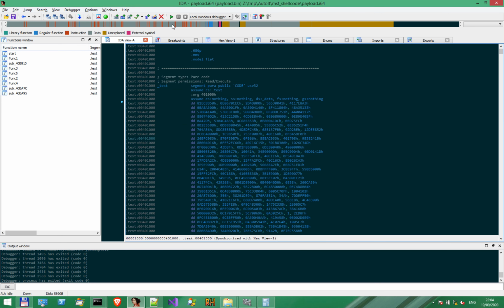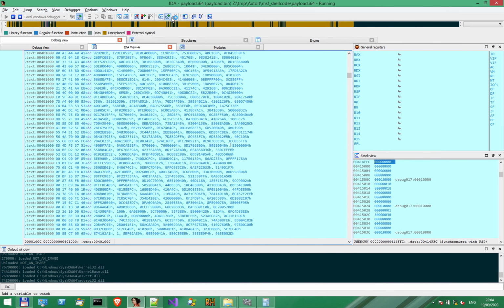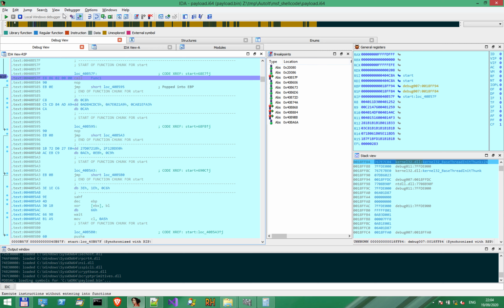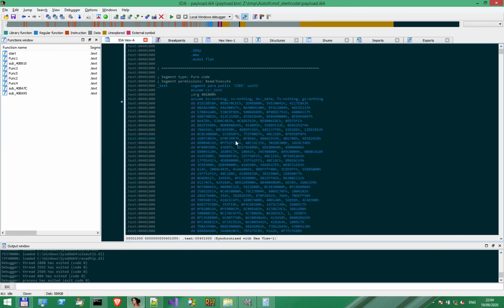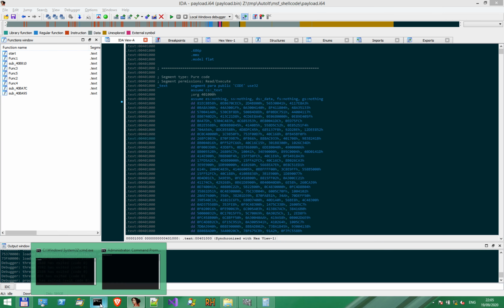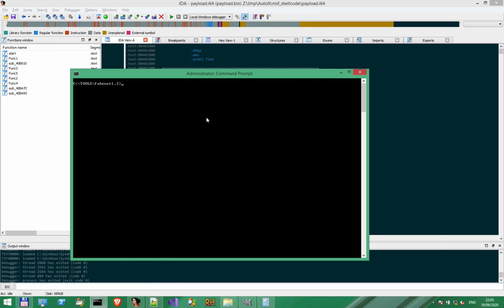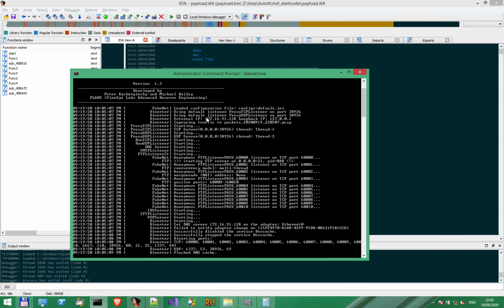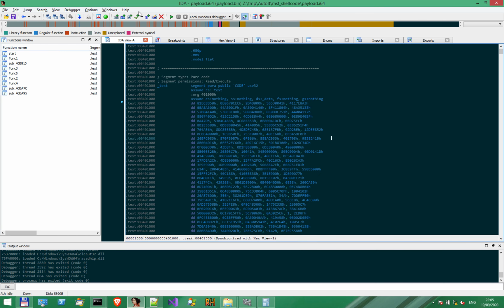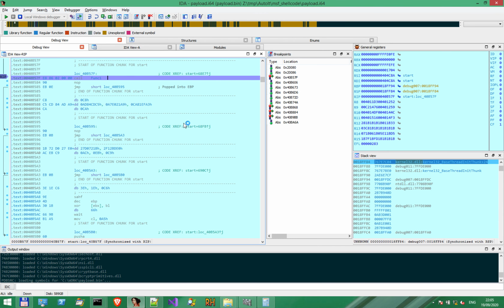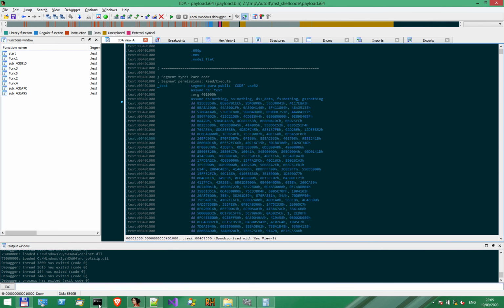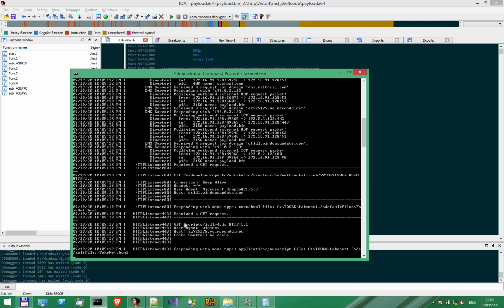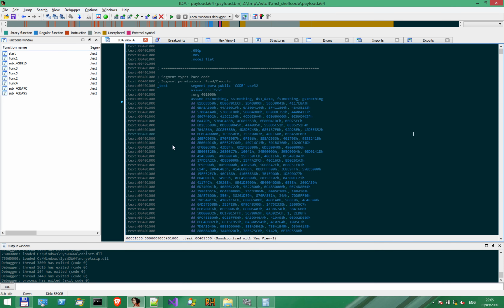Let's run the debugging session again. This time we shouldn't be asked to manually pass the exception to the application, it should be automatic. Perfect. The application handles the exception and works as expected. Let's try with FakeNet running and see that we have the request. As expected, here is a request and we have no exception in IDA.